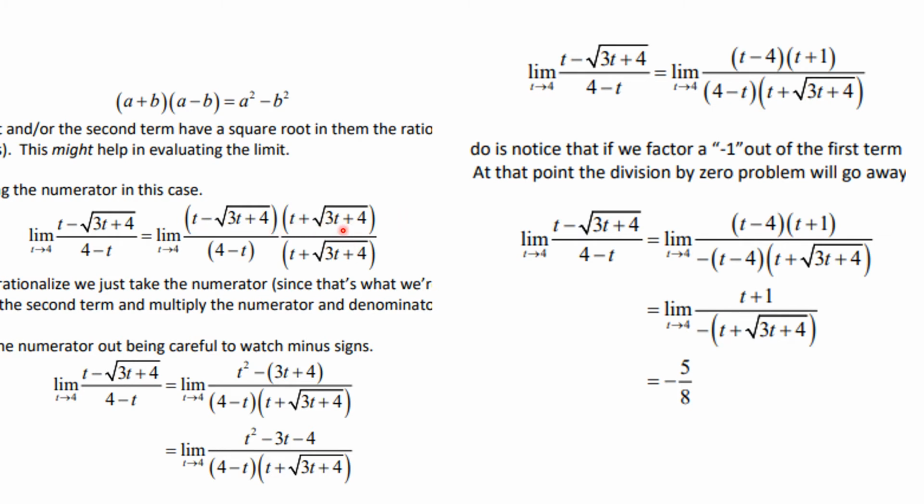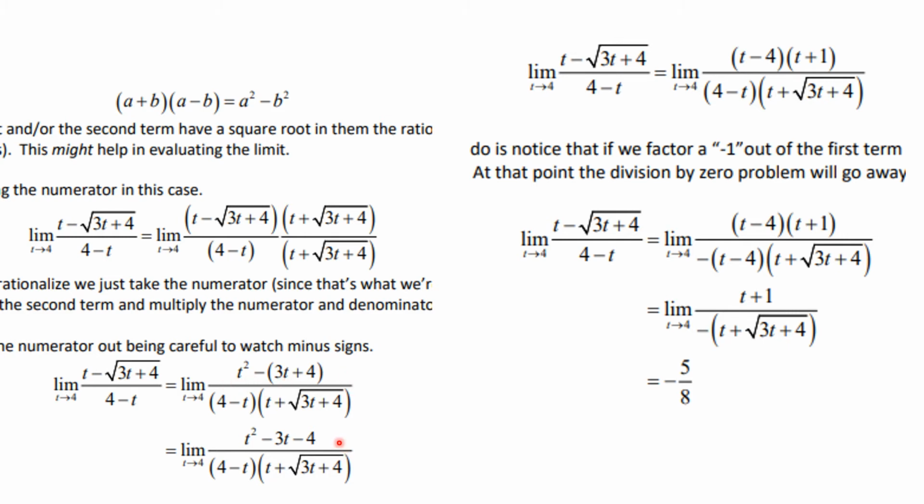So we take this factor over this factor, and notice that this is the conjugate of the first factor. So you see it is a minus b times a plus b in the numerator. So that is going to be t squared minus, this is going to be the square root of 3t plus 4 whole squared all over this. So you see we've simplified things, and now I can simplify further by doing some algebra,